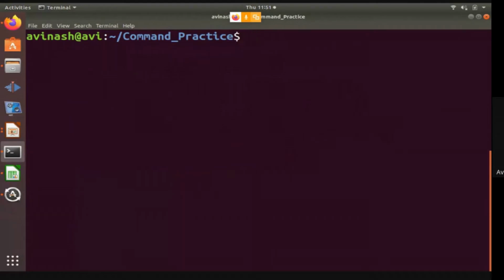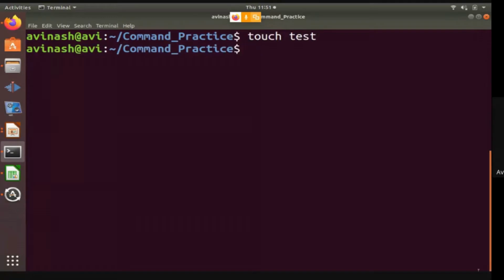So what command have we studied? We have studied ls command. Now next we will be studying how to create a file. The command to create a file is touch command. Okay, so we will create the files using the touch command. So touch command creates an empty file. Let us name this file as test.